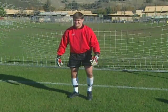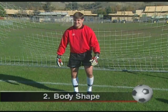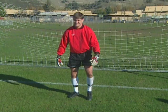The next principle of goalkeeping is body shape. Kevin is smiling here because we asked him to make himself look more like a gorilla rather than a US Marine. His hands are dangling fairly loosely, the body is curving in towards the field of play, the nose should be pointing downwards towards the ball, and the body is balanced forward on the balls of the feet. This gorilla position is a little exaggerated, hence Kevin's smile, but it gives you an excellent picture of the shape we're looking for in